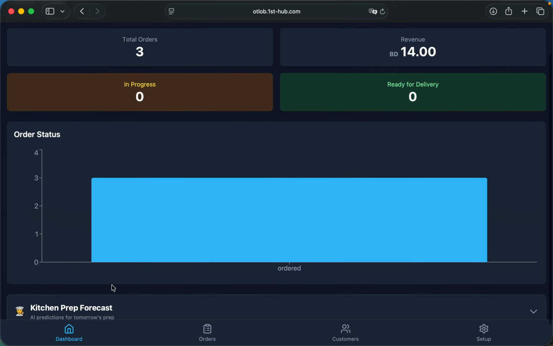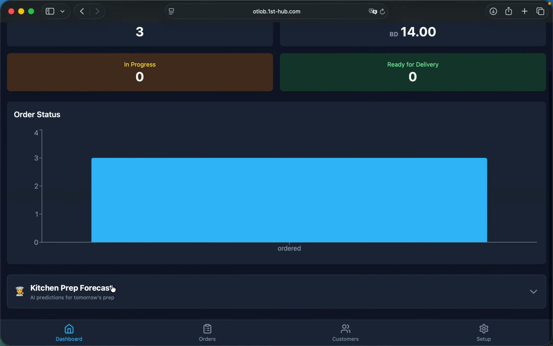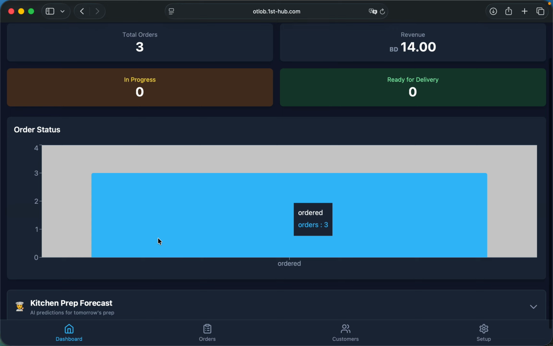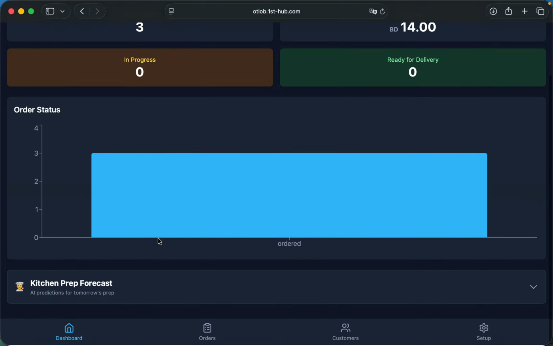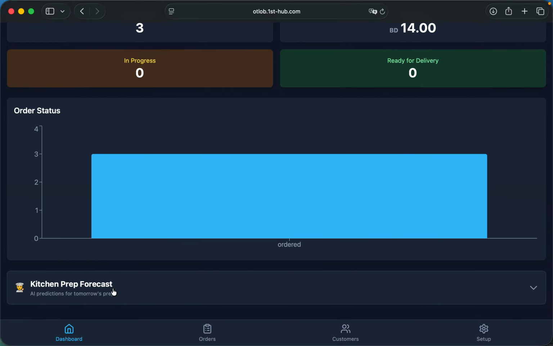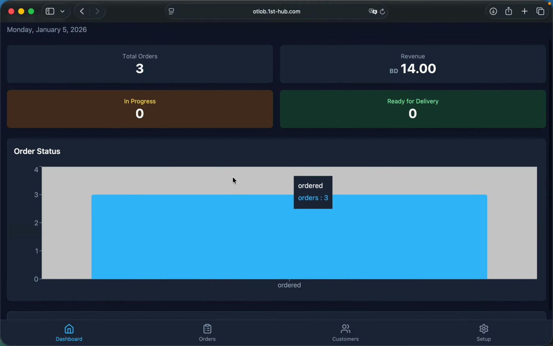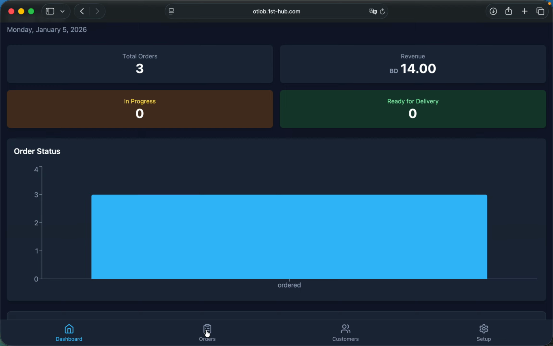So mainly I'm using Amplify Gen 2 to access AWS services. Most of the services used here are mainly AWS services. So the forecast uses basically Bedrock, and the database DynamoDB, of course. I'm using S3. I'm using Cognito for the authentication as well. And let's go to the orders and have a look at